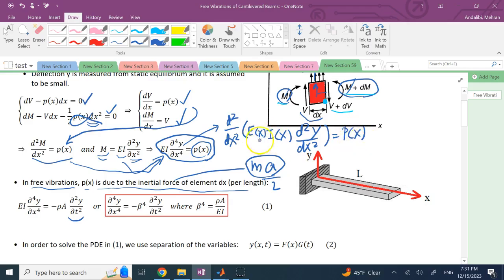So if E or I are not constants, then you have to bring them inside the second derivative and then take two derivatives. Most of the time E is constant, unless the beam is not made of homogeneous material, but I can change if the cross section is not uniform. But in this case, for simplicity, we assume I is constant. So that's what we have. And now